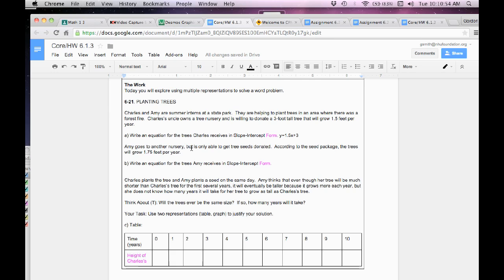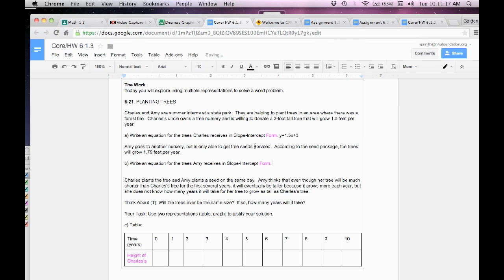Amy goes to another nursery, but is only able to get tree seeds donated. There's a key. They're seeds, so they don't have a height. According to the seed packages, the tree will grow 1.75 feet per year. If you look at that number, 1.75 feet per year, the feet would be the change in y, and the year would be the change in x. So to write this in slope-intercept form,